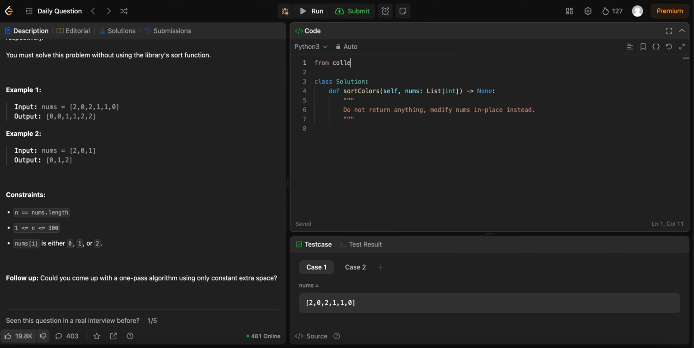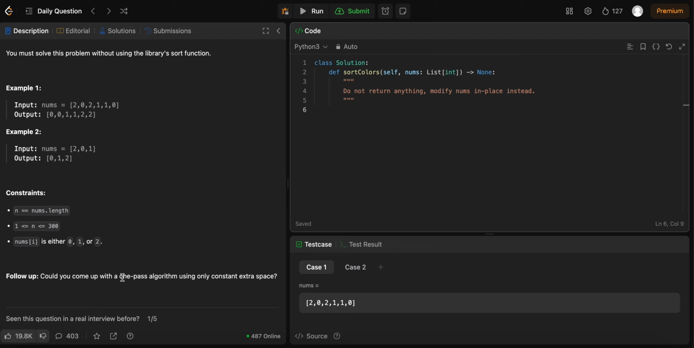So we can just do from collections import Counter. Well, technically we don't even need that. I thought of a way, but then it has to be one pass, and for one pass it would definitely be using some pointers. But yeah, let's just do the cheat way first. So we have A, B, and C. So for x in nums,